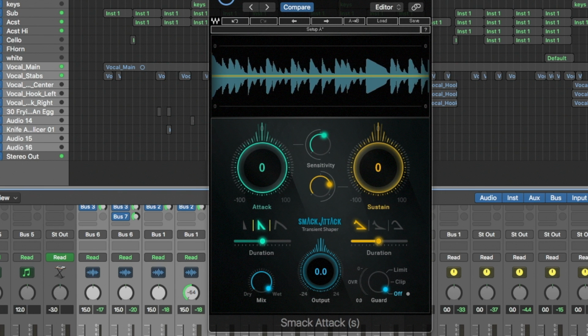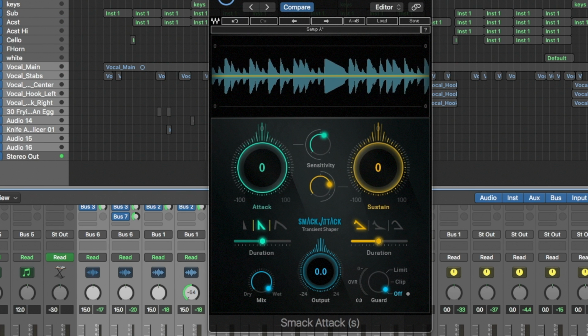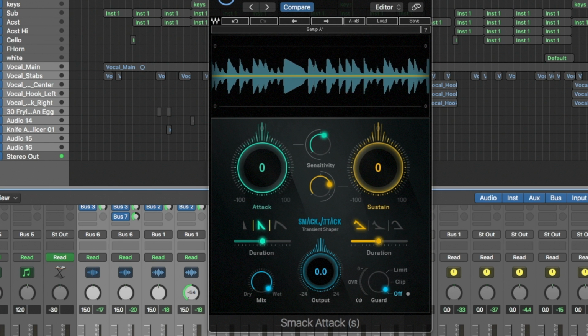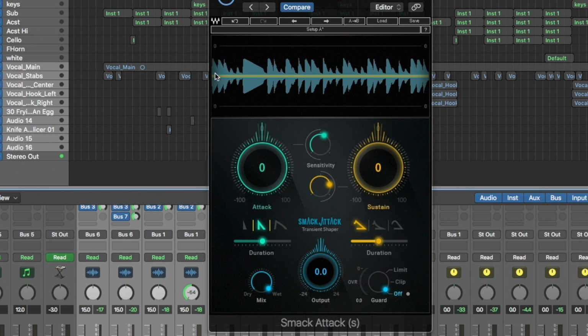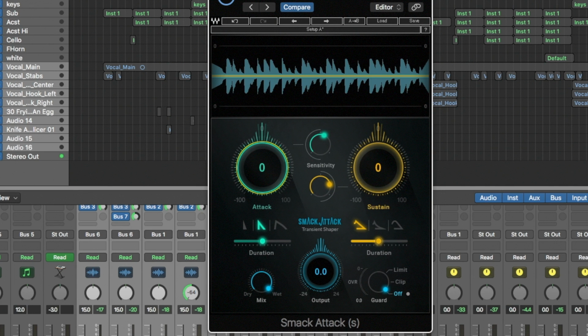Cool, so this is just our drum track. Standard hip-hop boom bap with just riding hats on. As you can see, currently nothing's happening. Now if I boost the sustain,